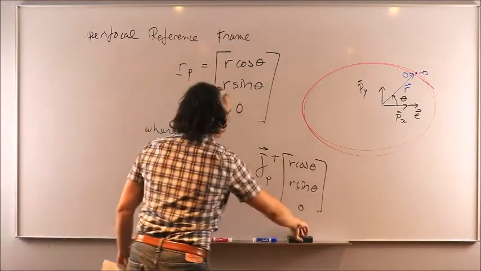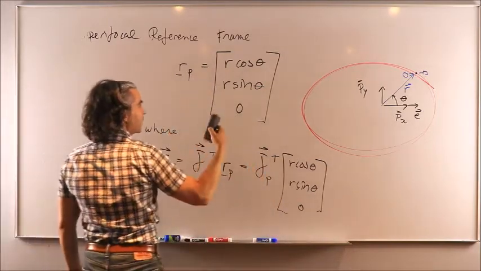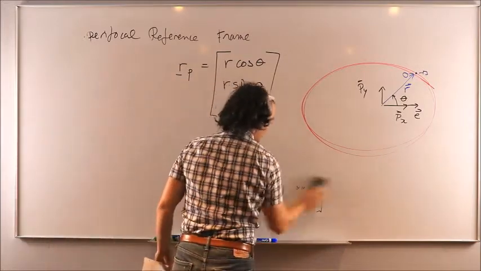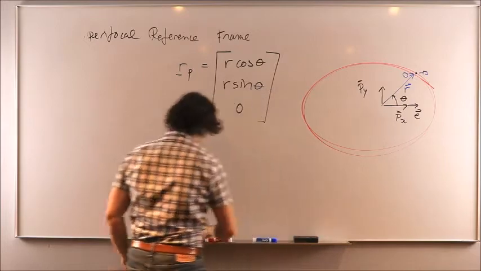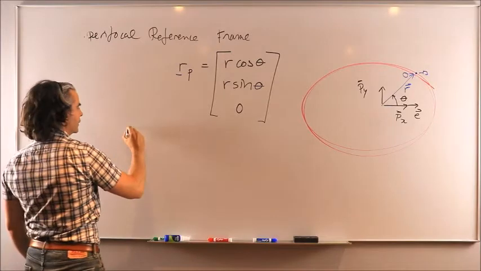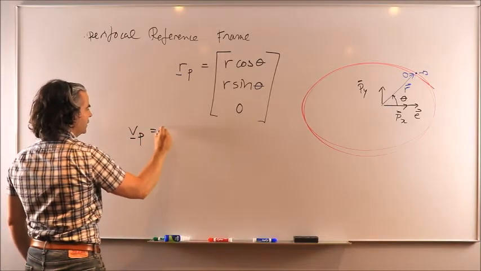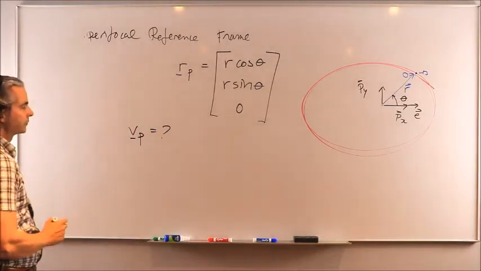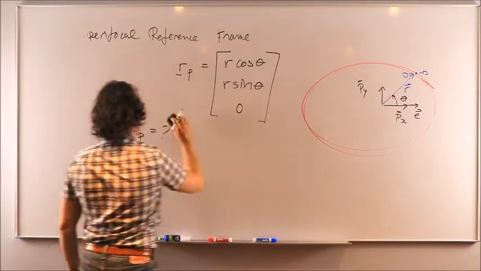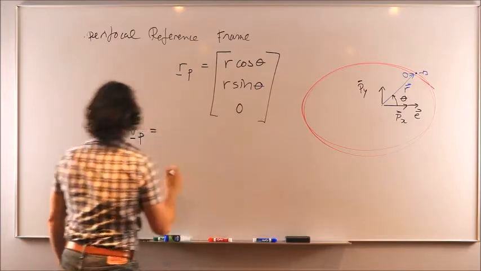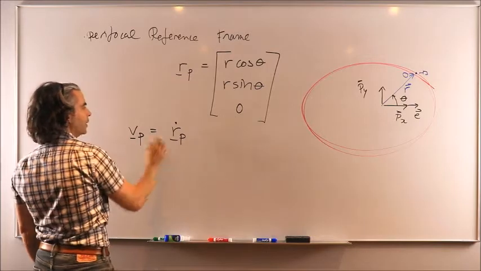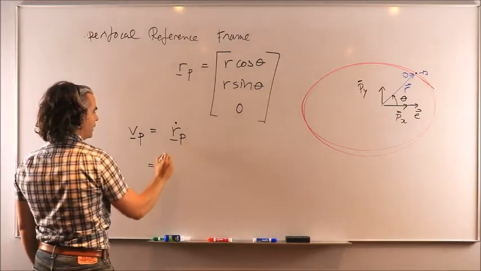What about the velocity vector seen in the perifocal reference frame? Or in other words, what would be the x, y, z components of your velocity vector in that perifocal reference frame? And what would be Vp equal to? Well, that's not too big of a deal because we just obtained Rp. So all you have to do is the inertial time derivative of this guy, and then apply the chain rule